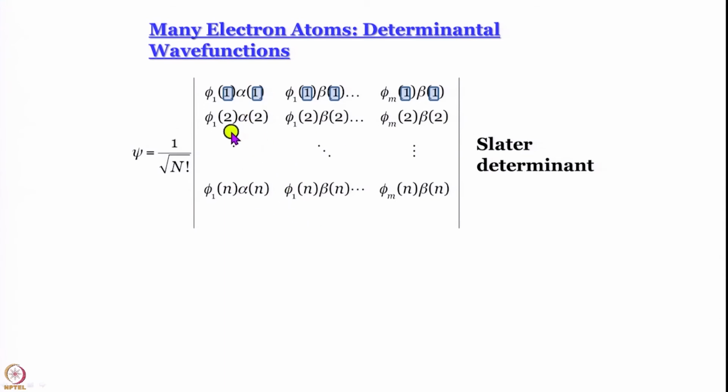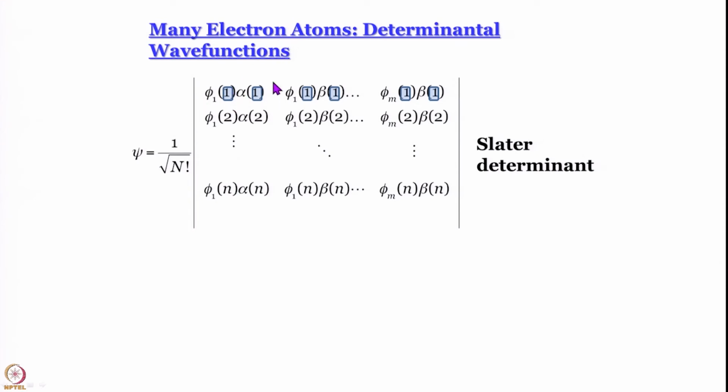First of all, why phi 1 alpha first? Why not phi 1 beta? The answer is convention. Okay. We have to speak the same language. We do not want to create a Tower of Babel, where, if you do not know what a Tower of Babel is, just do a Google search. It is a beautiful biblical story that you can learn. A Tower of Babel essentially means a situation where one does not understand the other person's language. So, we must formulate things in such a way that we understand each other's language. So, just convention, that is the need of convention. That is point number 1. That is why we write phi 1 alpha first and not phi 1 beta first.